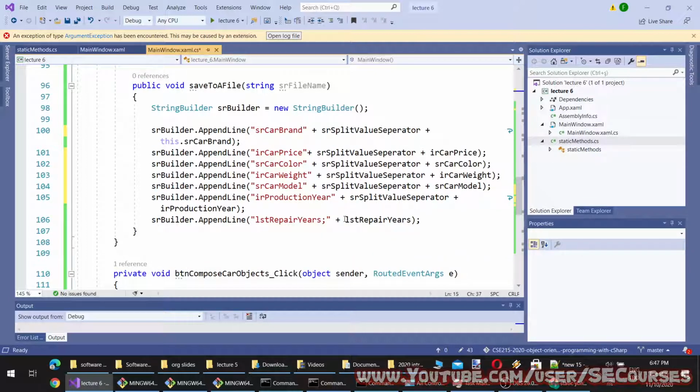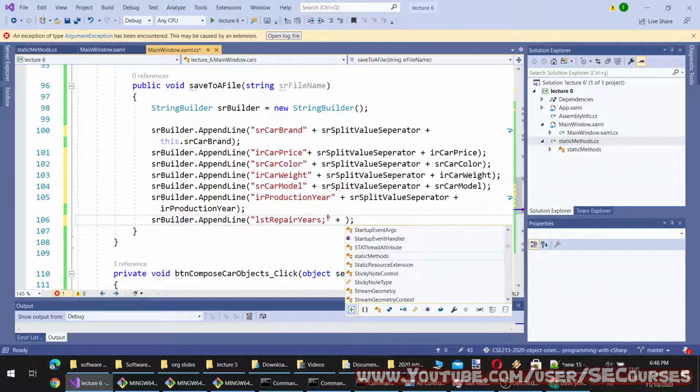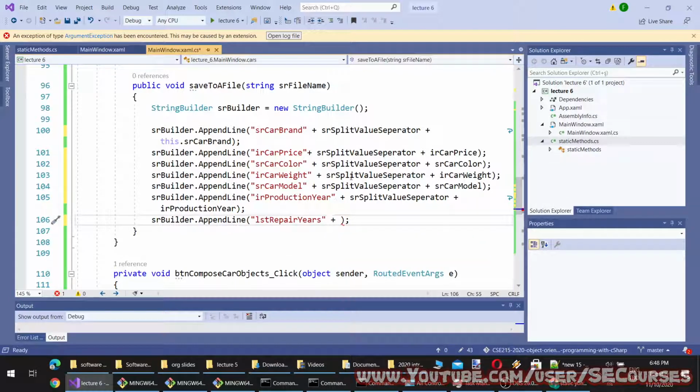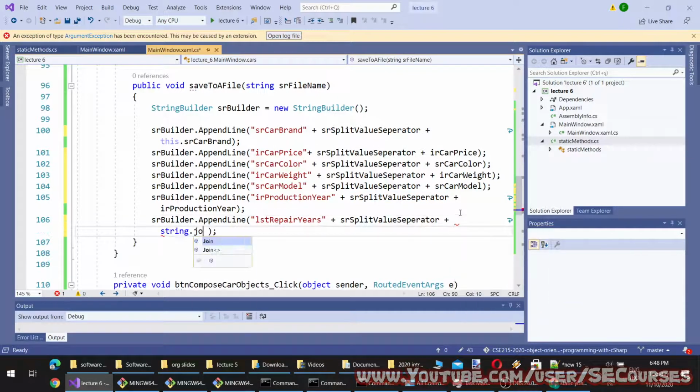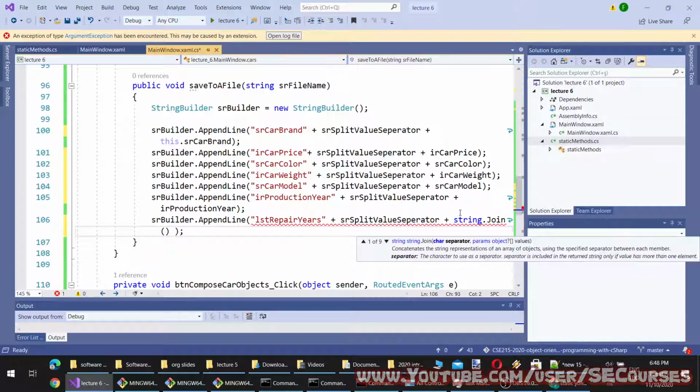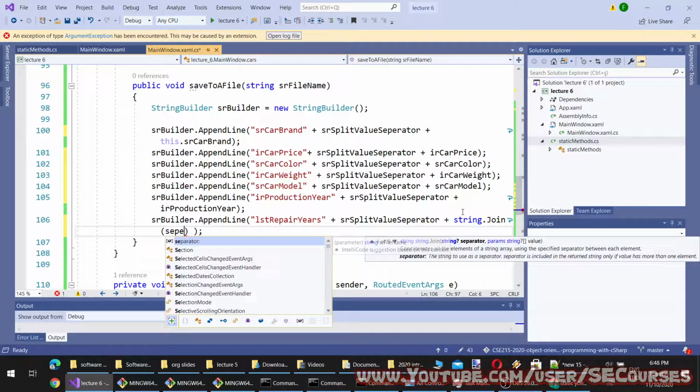And now to save the list objects, I will need another separator. So it will be like string join, and it takes first the character separator or string separator, whatever you want, and separator.